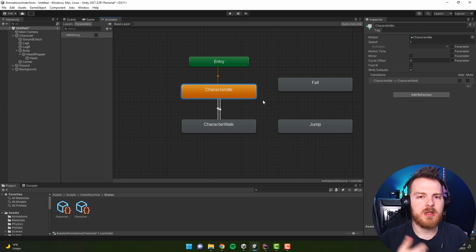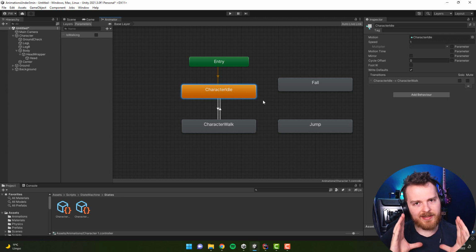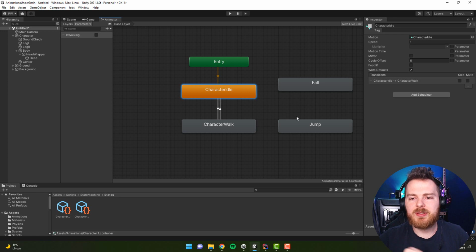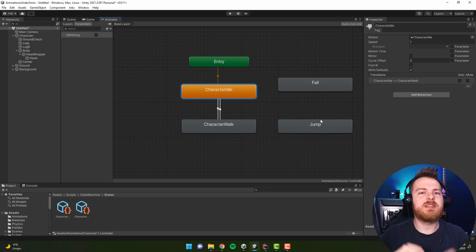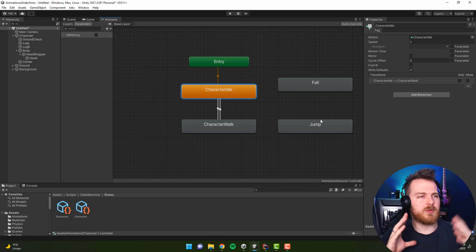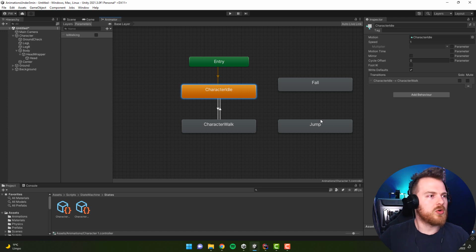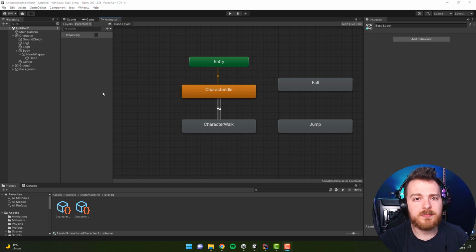Why is that important? First of all, this separation of things will decrease the amount of code I have to work with and will centralize it in one place. So if I put my code related to jump in a class responsible just for the jumping state, I know that if anything is wrong with my jump, it will be there, right? If, for example, I walk too fast, too slow, or my character doesn't stop, where will it be? In the walk, right? So this is a pretty important thing from this perspective, but there is also another benefit,